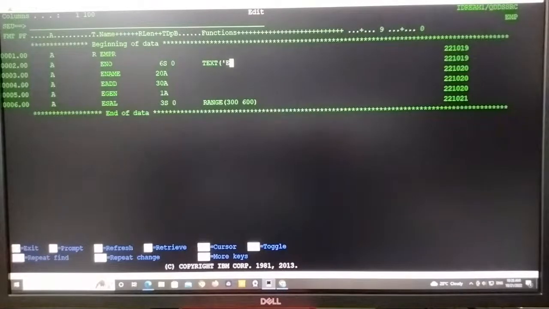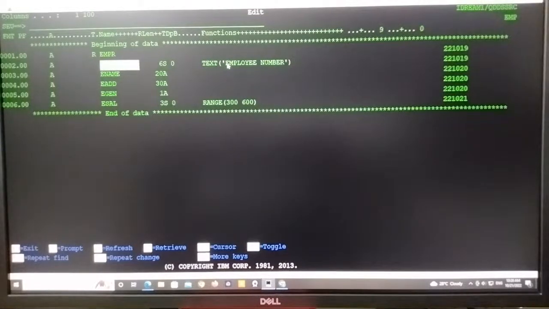Okay, so EMP means employee number. Always a string should be enclosed in single quotes. That is a standard rule. Okay, so TEXT is a function. Within that function, if you mention the description like this, it means you are giving a description for this ENO field. In my point of view, ENO means employee number. So if a third person tries to view this source code, he will be able to understand this is an employee number. And ENAME,